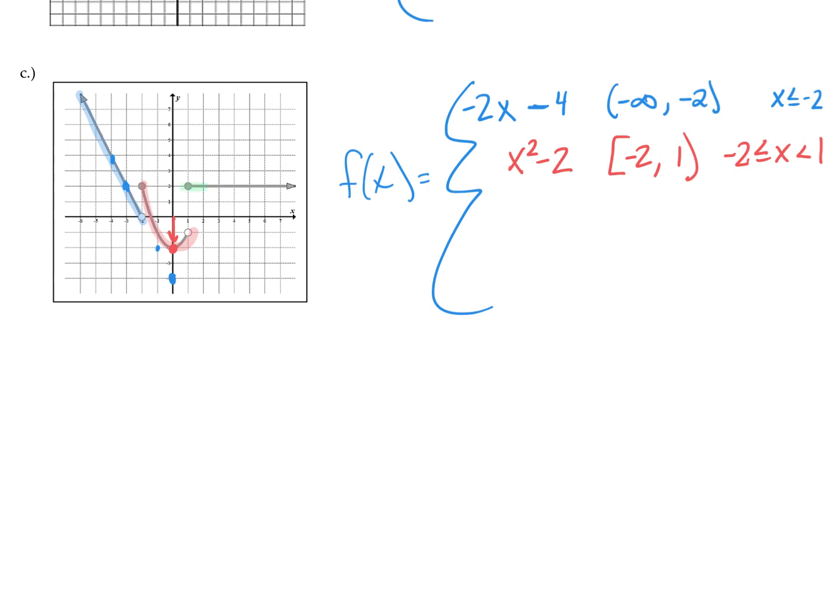This last piece is a linear, but at y equals 2, and it's true from 1 included to infinity, which would be x is greater than or equal to